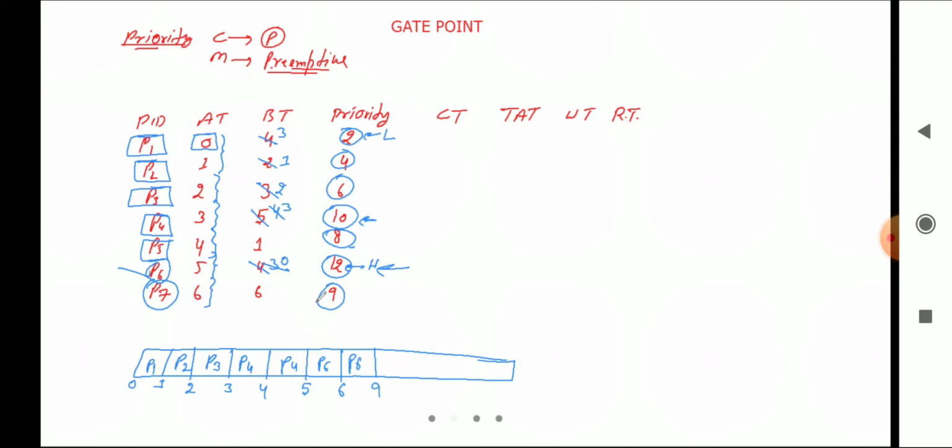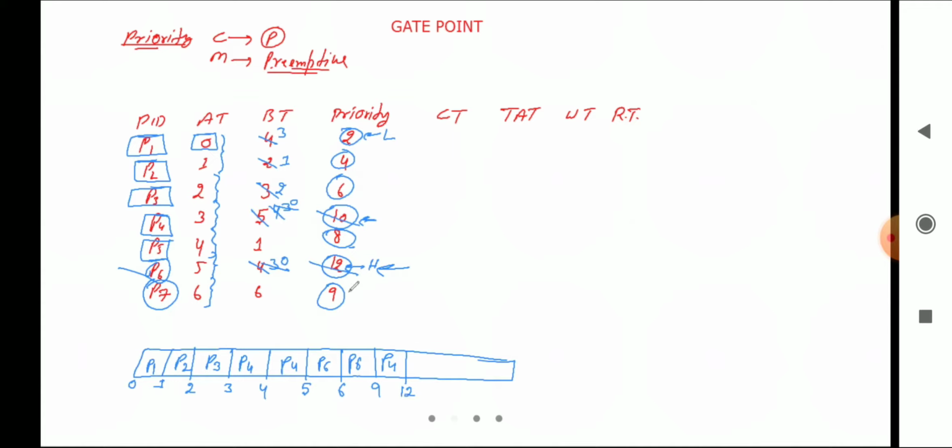Okay, next, which one has the highest priority? We have executed this one, and remaining are these. Out of these, which one has the highest priority? This one. So we'll execute this process for how long? Again for 3 times. So it is process P4 for 3 times. 9 plus 3 is 12. Okay, so this one is also over.